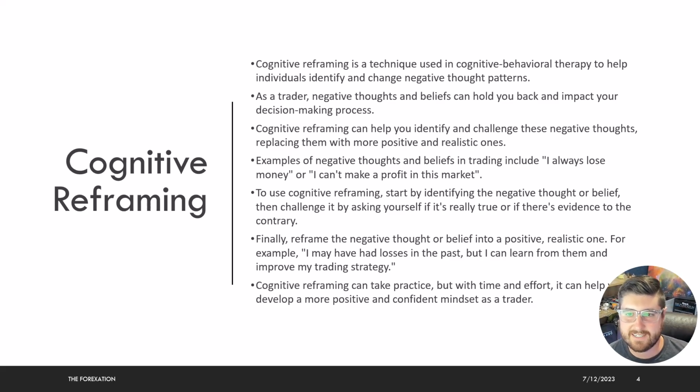Lesson 2, Cognitive Reframing. This is a technique used in cognitive behavior therapy to help individuals identify and change negative thought patterns. You see, when you take a loss in the markets or you get out of a trade because you're emotional and then it hits your take profit, you're going to beat yourself up and you're going to do that negative self talk. And you need to quickly catch it and tell yourself, I did make a mistake, but